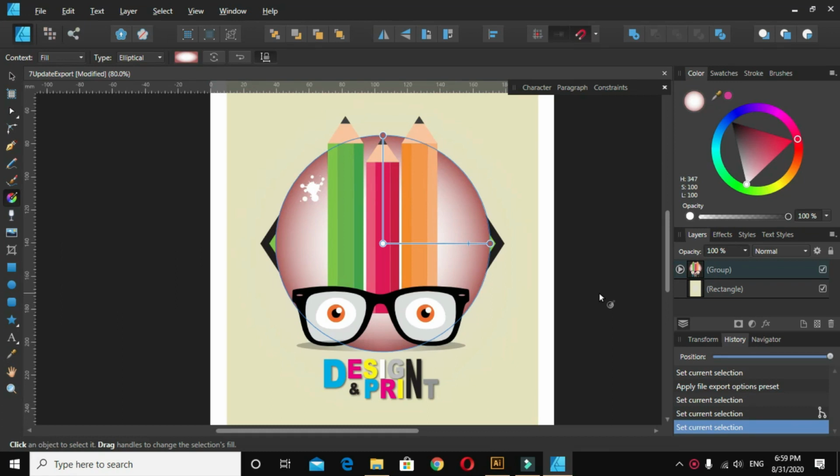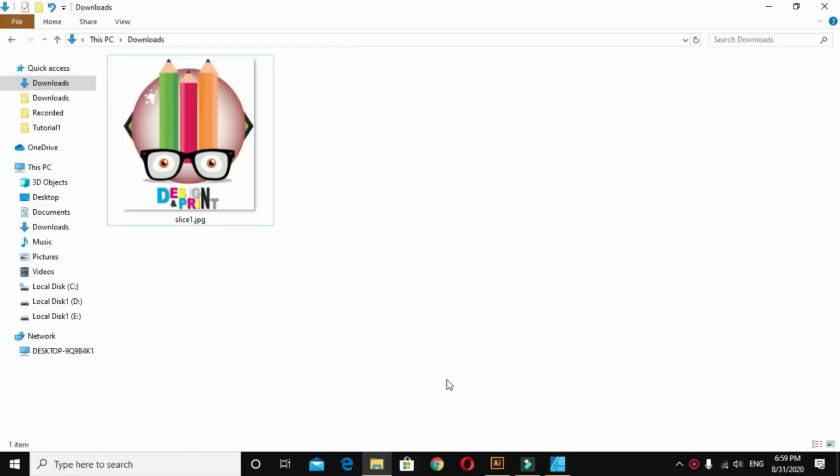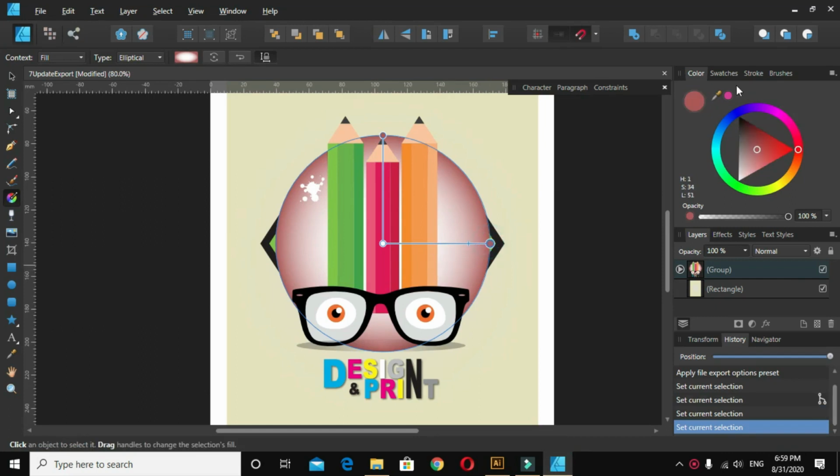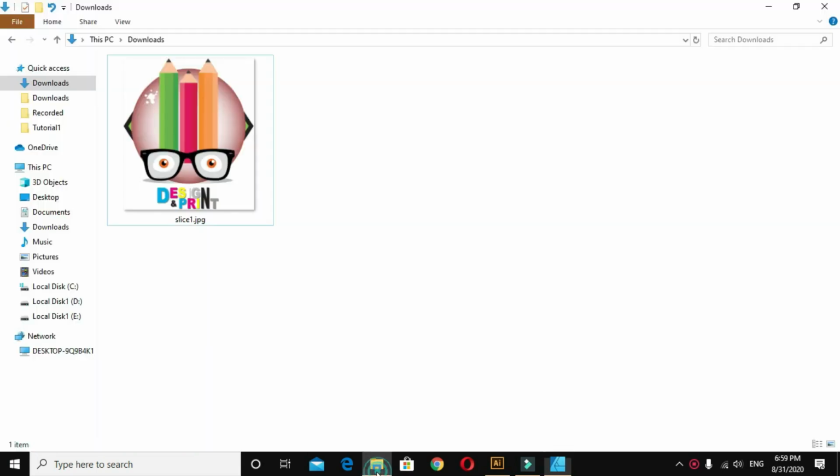Affinity Designer automatically updates the exported file. This is the file that I have exported earlier. Now if I make any change in its gradient, it's being updated automatically. See,